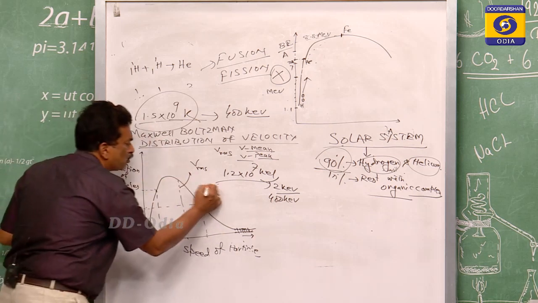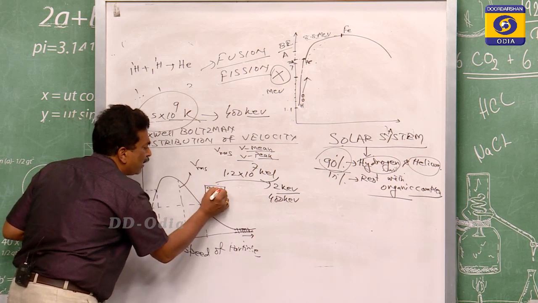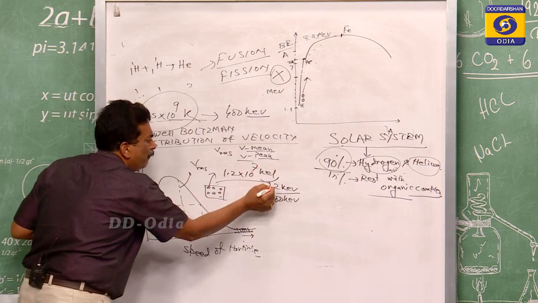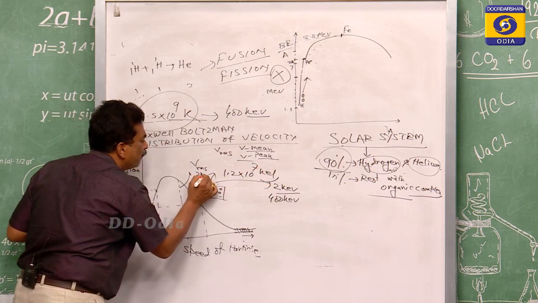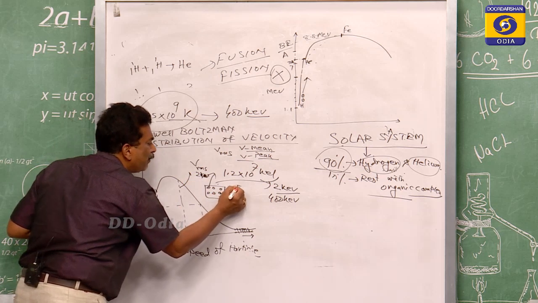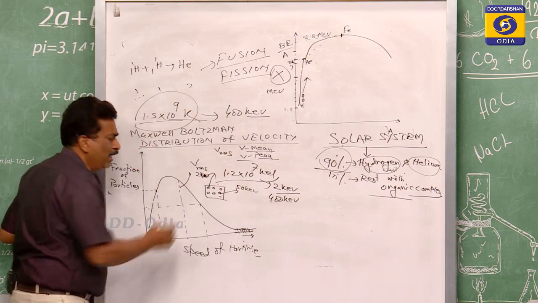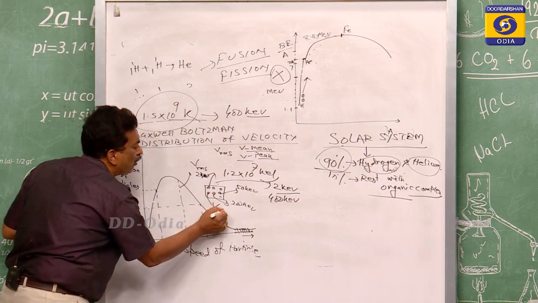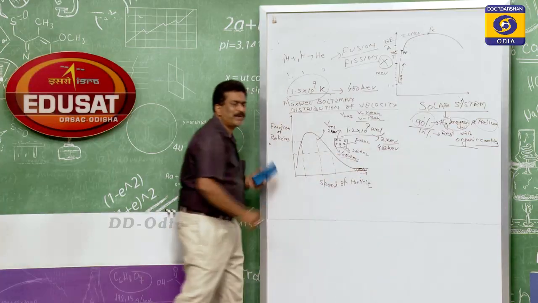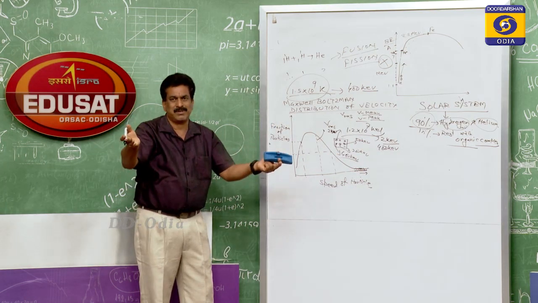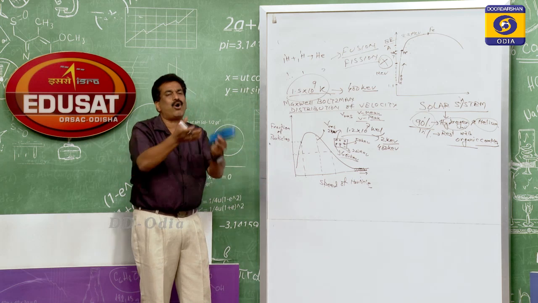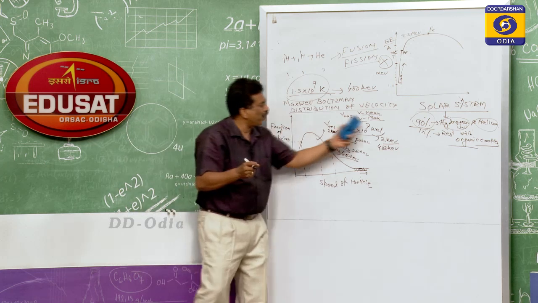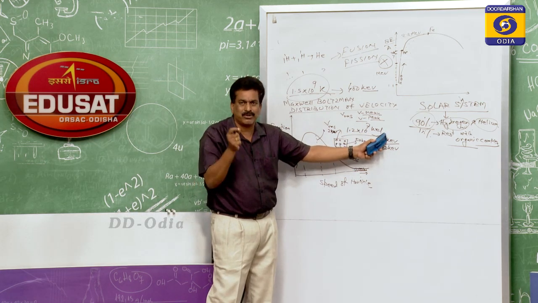Suppose this is the region and the particles are here. These particles may have a minimum of 2 keV. Suppose this particle may have 50 keV, it may have 200 keV, it may have 400 keV. Are you clear on my point? They are in random motion, so all particles' speeds are not the same. But overall, the average comes to 2 keV.